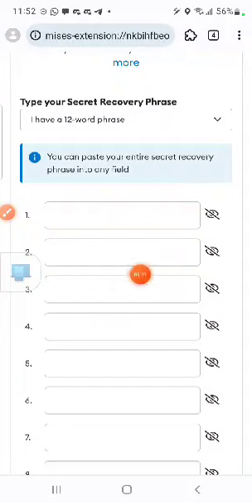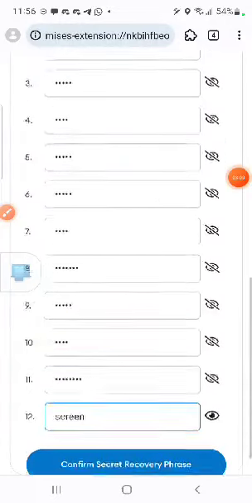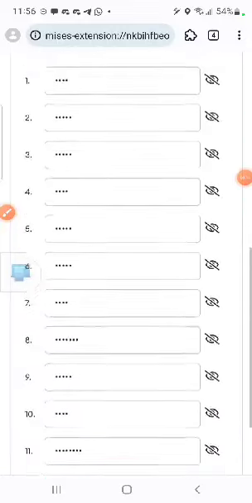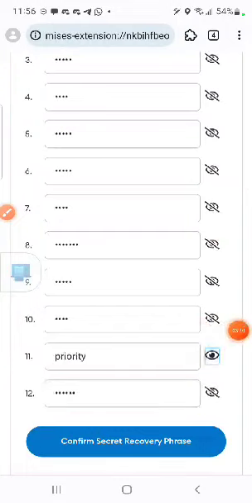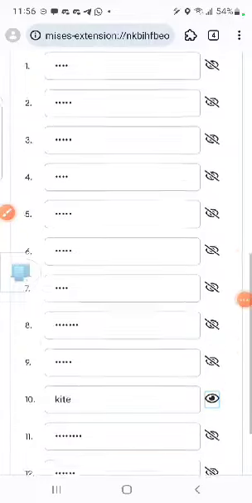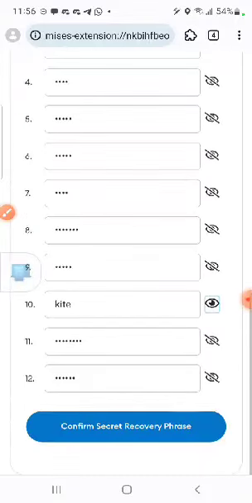I'm not going to waste time putting all those things. Just wait for me. I will put it and show you. Okay, you can see I have added the 12 phrase. There's no way they can show you except you tap here. If you want to see what you wrote, if it is correct, you tap on the eye, it will be showing you. So once you are done putting the 12 phrase in order, according to how it was written,